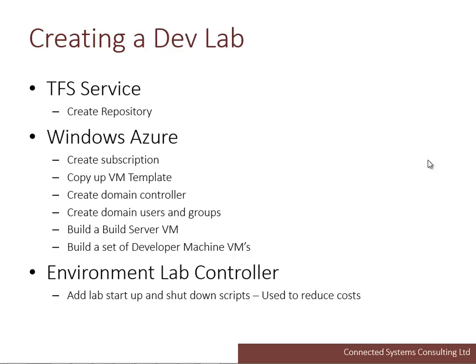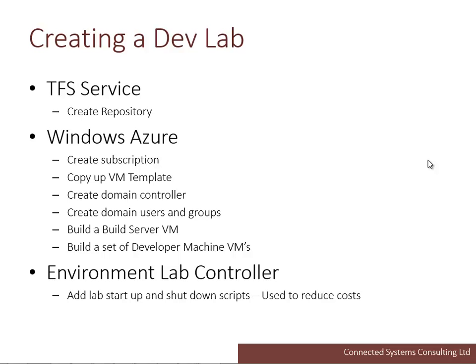The next step is to copy a VM template. Now, if you have one already, you can basically just copy that up to Azure, or you can create a machine and then sysprep it and create a template from that. So there's a couple of options here, but basically that's going to be a machine with any software you want pre-installed. The next step would be to create a domain controller,